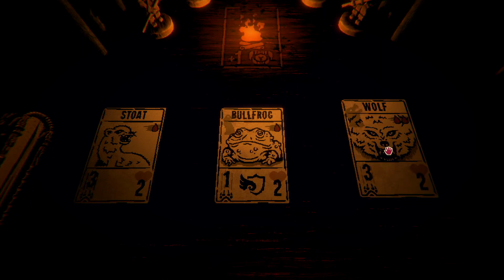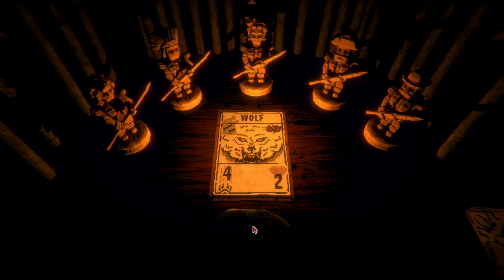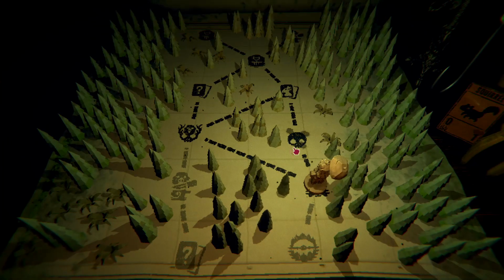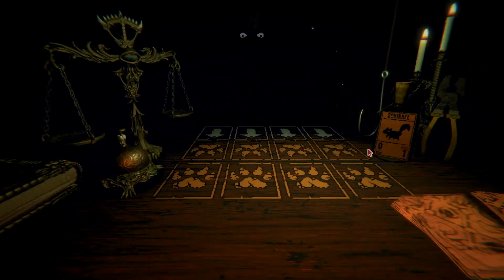Might as well just kind of try and sack him. But the wolf, alongside the stoat, will instead go up to 5 damage for 2 blood, which is pretty dang powerful for the wolf here. And yeah, it's kind of the gamble to make. If you really don't care about the card either way, you might just get a powerful card out of it,